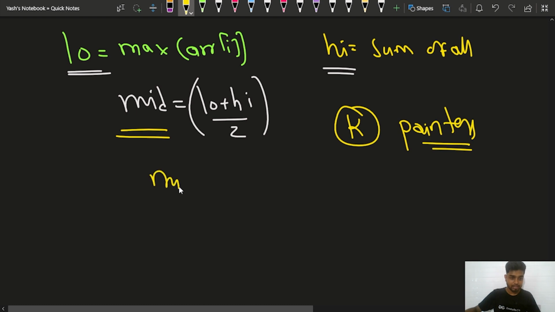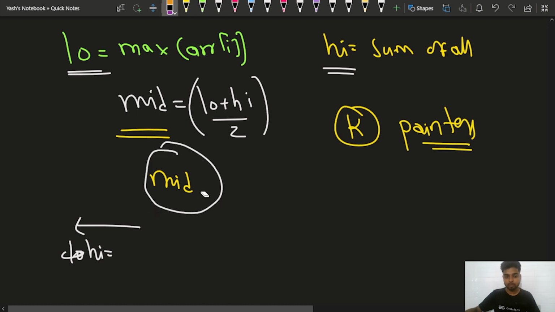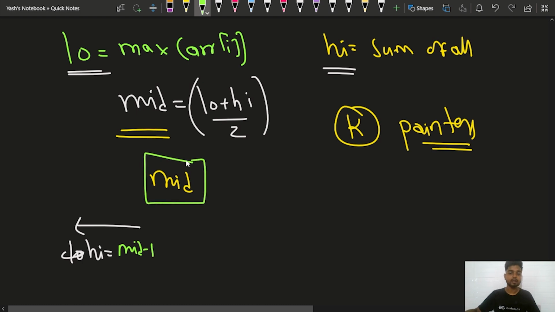Suppose till mid period of time the painters can paint it. In that case, I'll try to search in the left side. If it is feasible for me to paint till mid period of time, I'll change my bias towards the left side, and I'll say that high is equal to mid minus one. Otherwise, if till mid period of time I cannot paint it using k number of painters,